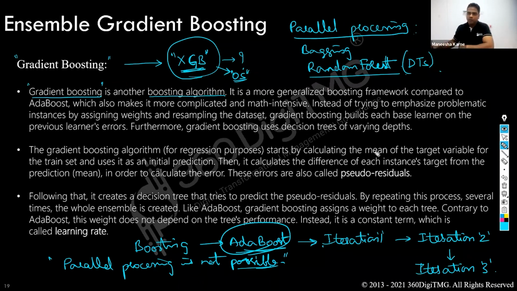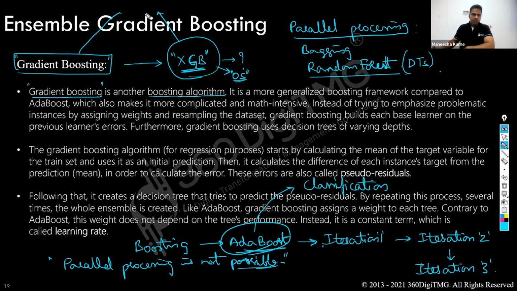Yesterday, one of our friends was asking a question: can I use AdaBoost for regression-based techniques, or should I use AdaBoost only for classification? The answer is AdaBoost is only applied when you have classification problems, whereas the other boosting techniques such as gradient boosting and extreme gradient boosting can be used for both classification